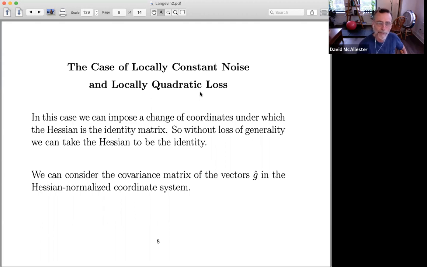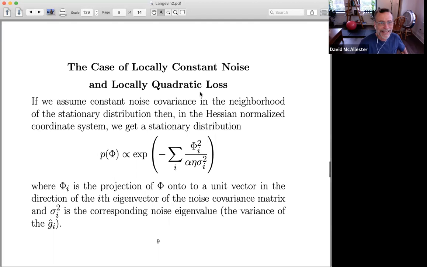At a local minimum, it's reasonable to assume there's locally a quadratic loss function. And since the loss function is 0 there at the local optimum, and the noise is not 0, the noise is much larger than the loss, and so we can assume a constant noise over that basin. And in this case,